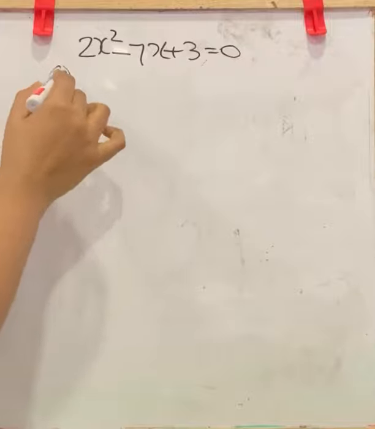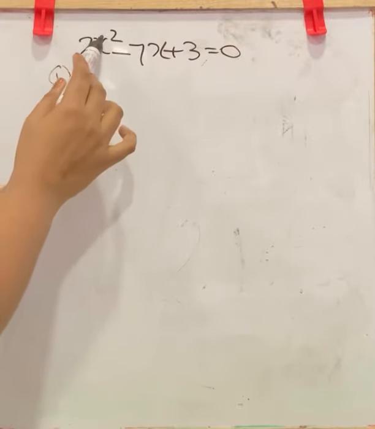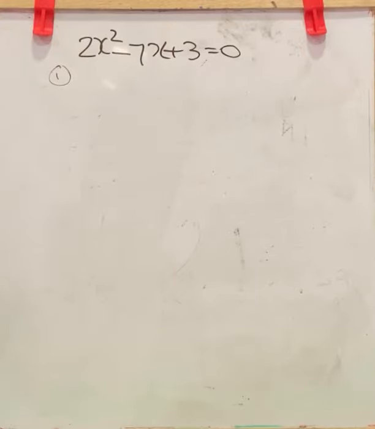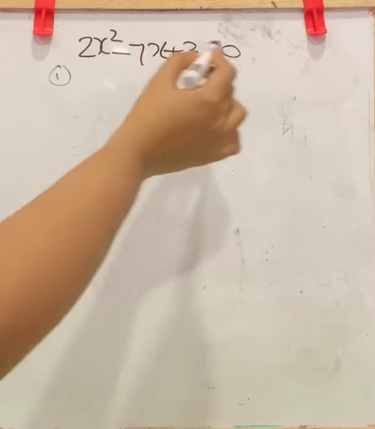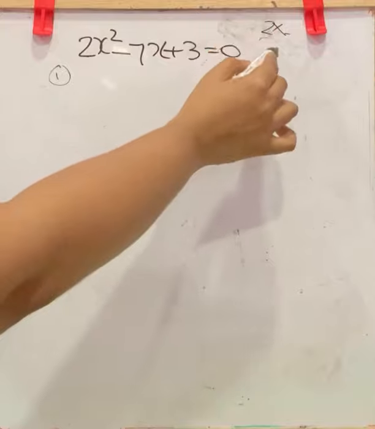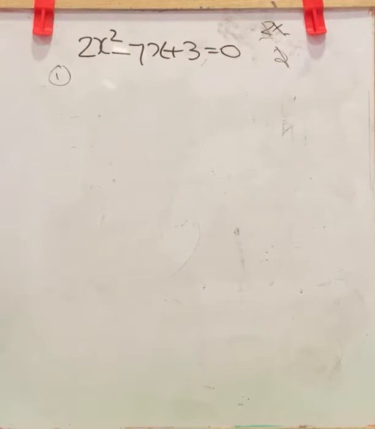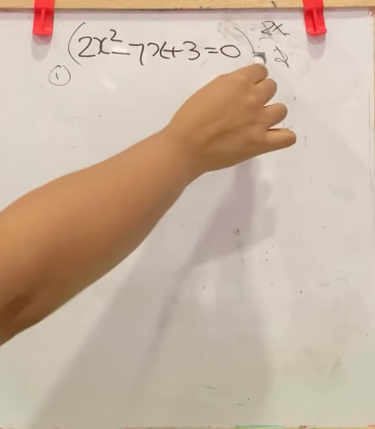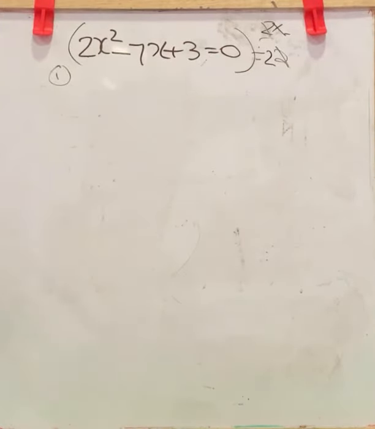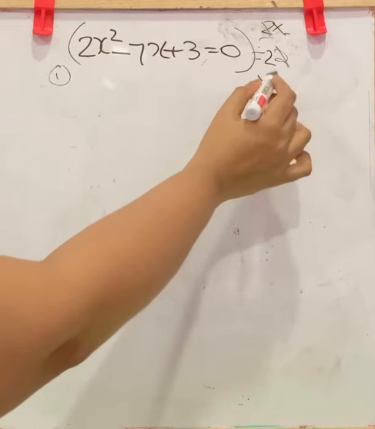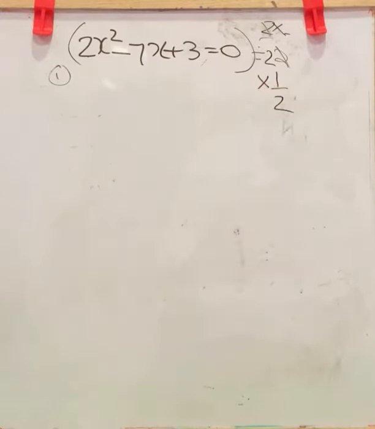First step is to check what is the coefficient of x square. Here it is 2. So first we want to cancel that 2. We don't want a coefficient for the x square term. To cancel a multiplication, we will divide by the same value, then it will get cancelled. So to cancel this 2, we are dividing the whole equation by 2.